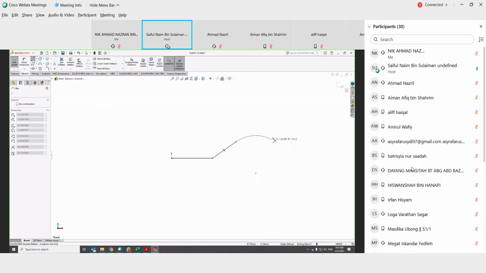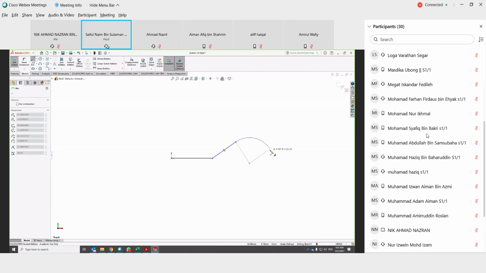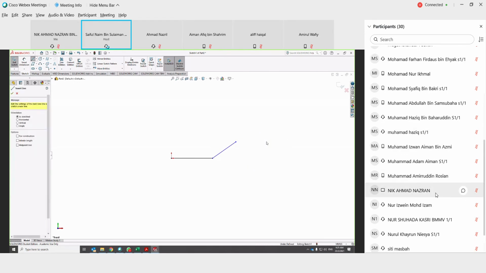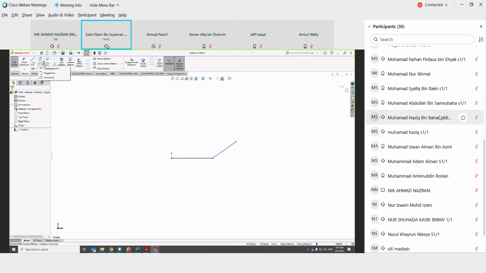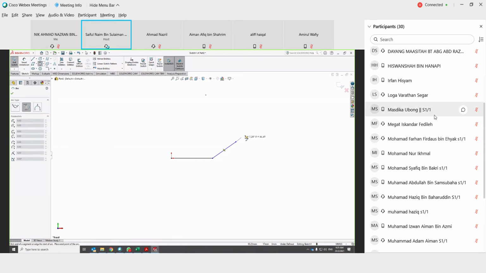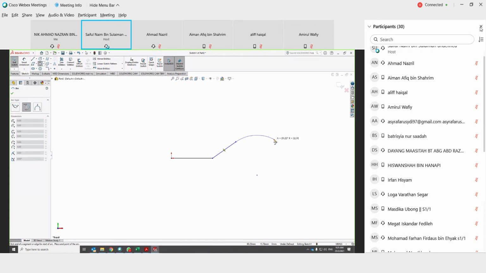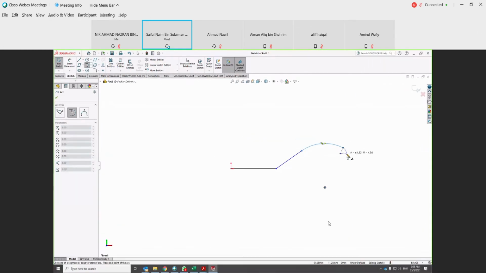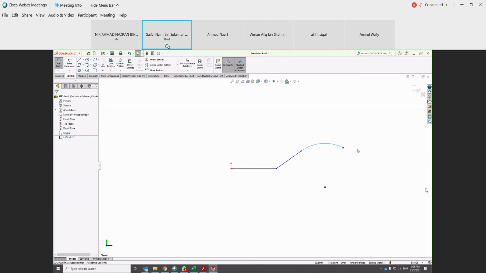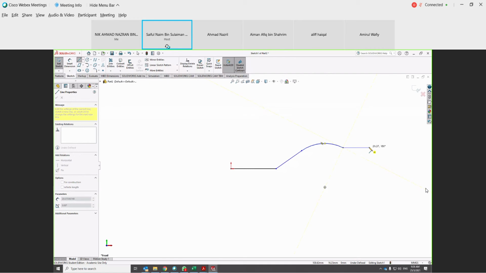Just bengkokkan sikit, something like that. Ataupun you can also use tangent arc. You can also use tangent arc by clicking this, and then you just roughly put the line lah. And then after tangent arc, you escape and then click back the line. Ataupun you boleh guna line juga lah sebenarnya. And then just straight horizontal line,